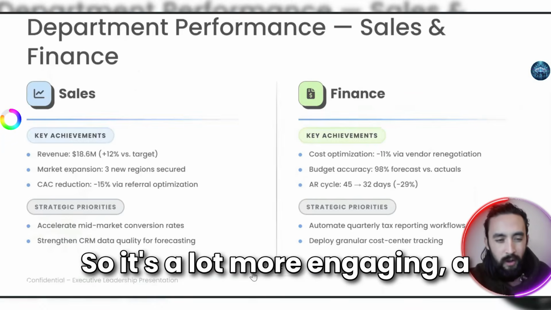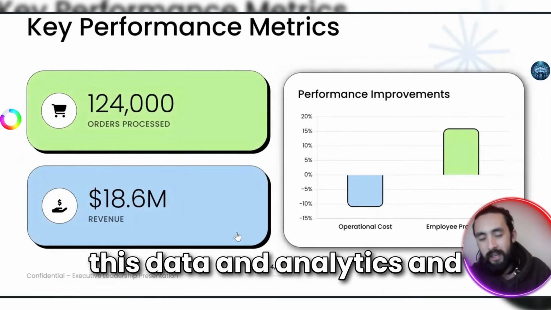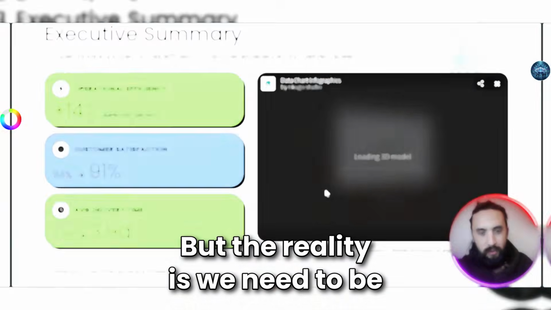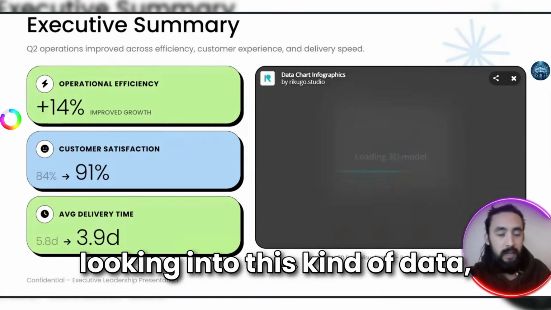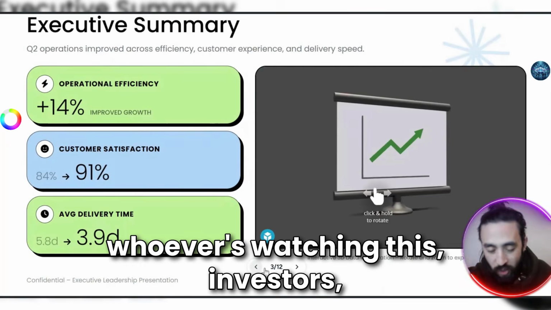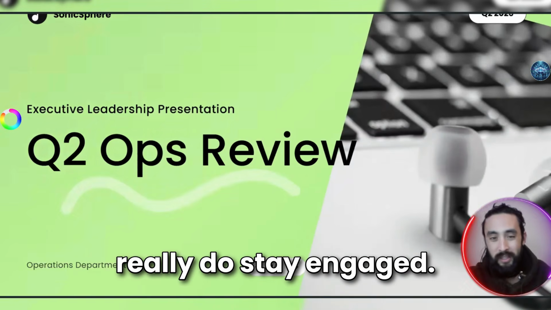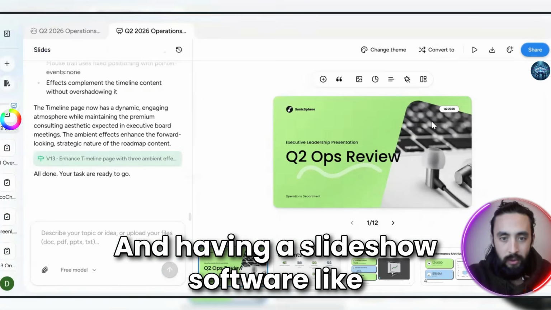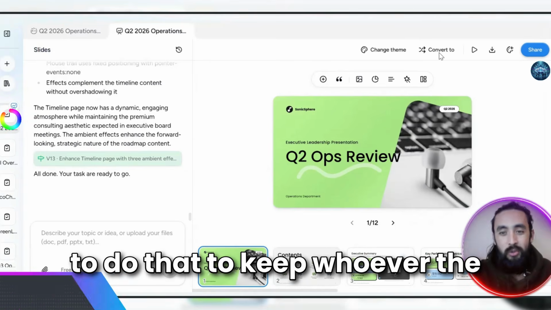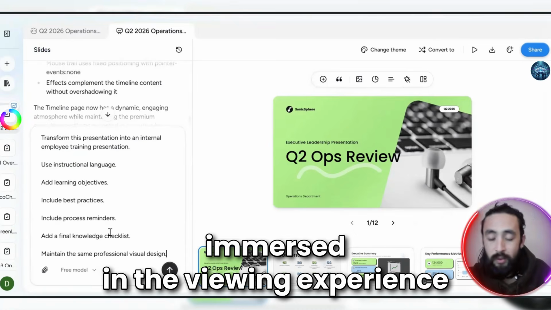Really nice. So it's a lot more engaging, a lot more active, more dynamic. Because sometimes going through this data and analytics and these stats, typically these numbers can be boring for a lot of people. But the reality is we need to be looking into this kind of data, especially if you're running a business or something like that. So it's really important that whoever's watching this, investors, business owners, employees, really do stay engaged. And having a slideshow software like this, such as Doki, is going to give you the best chance to basically do that, to keep whoever the viewer is totally engaged, just immersed in the viewing experience of this